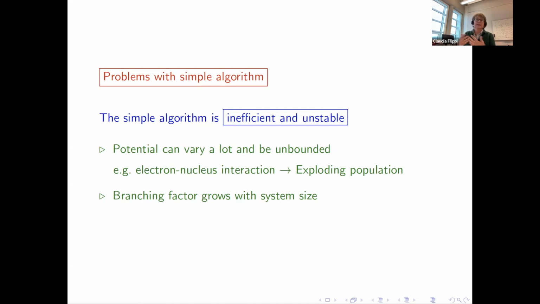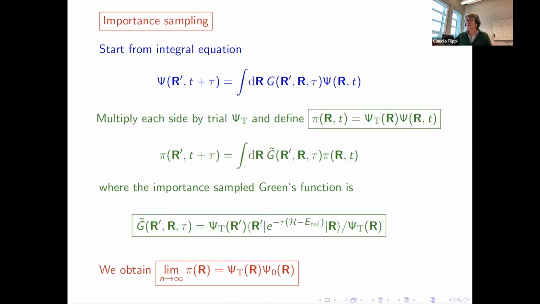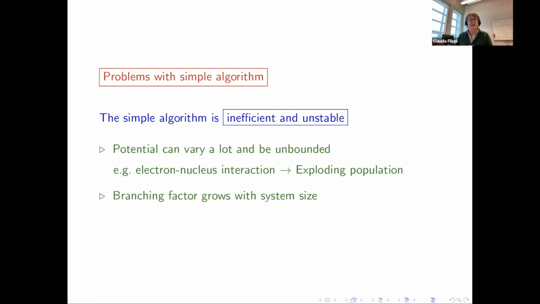And so you will end up either killing your walkers, or even worse, with a population which is exploding next to the nucleus, if you have an electron getting close to a nucleus. Moreover, the potential is extensive, so the branching factor grows with the system size, and this fluctuation will also grow, which is quite problematic. So we don't actually use such a simple algorithm, and how we modify it, I would prefer to stop here.